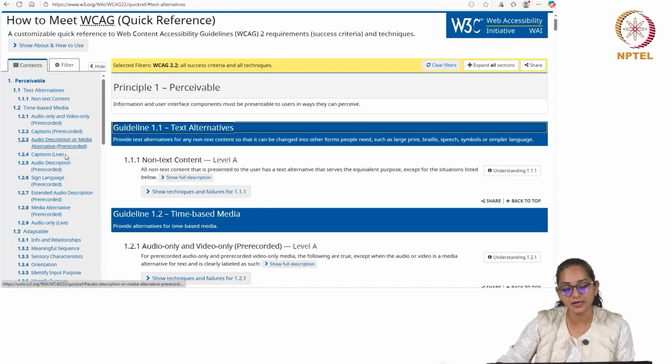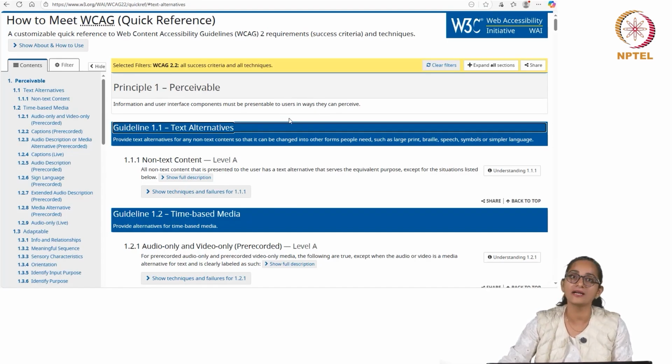You can take your time, and we will discuss a little bit about each section. It is more of an icebreaker, but as and when you actually implement it, you will have to go through the required sections, whatever applies to you. So, for example, section 1.1 is text alternatives.